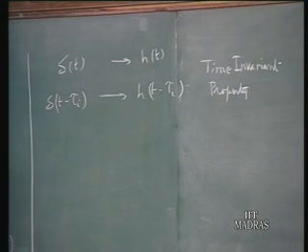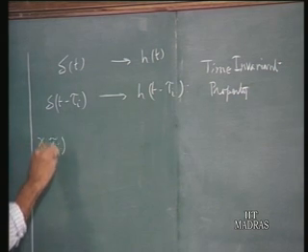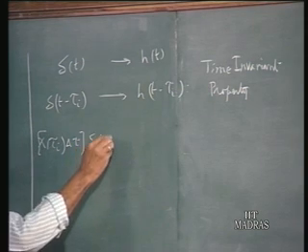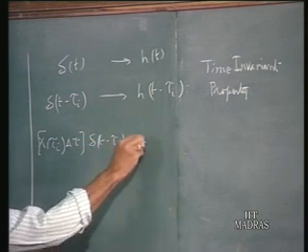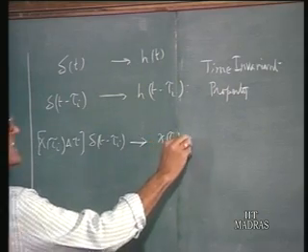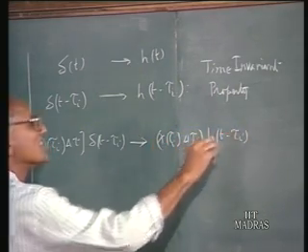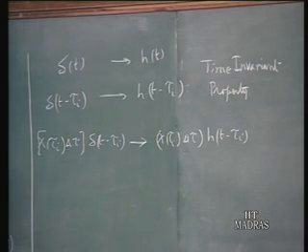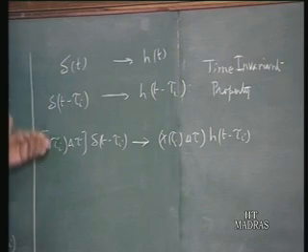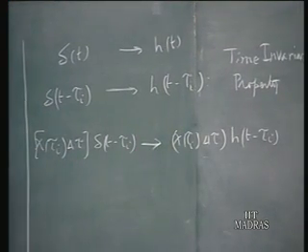And instead of an impulse of unit magnitude, suppose you have x tau I delta tau, that is the magnitude of the impulse, delta t minus tau I. If that is the input, you get correspondingly x tau I delta tau h of t minus tau I. So a shifted impulse will give rise to a shifted impulse response, and impulse magnitude increased by this amount will also give rise to a response which is increased by the same amount.